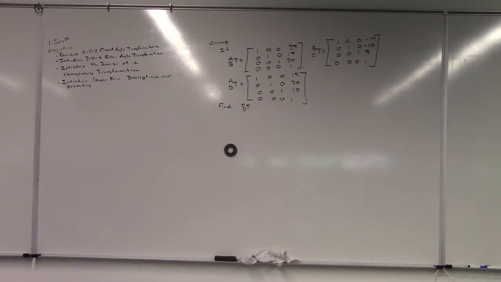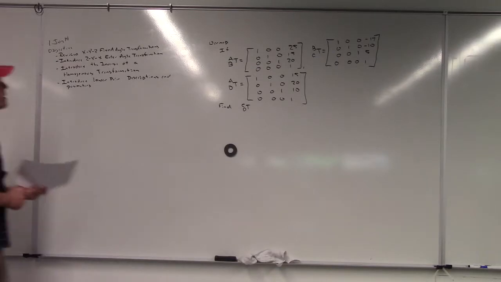So what do you think here? How are we going to find the transformation from C to D? Work backwards from... Yeah, we can work backwards. Now we can probably cheat, right? Because we could probably say that